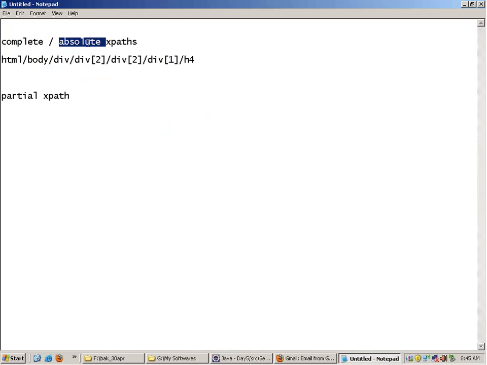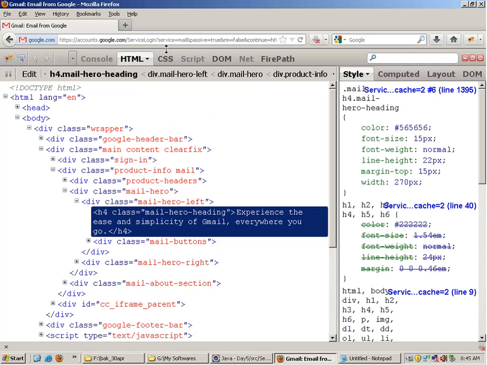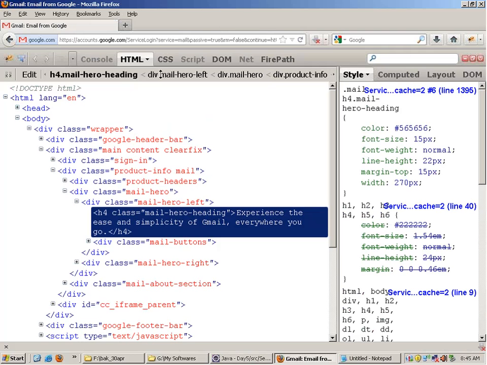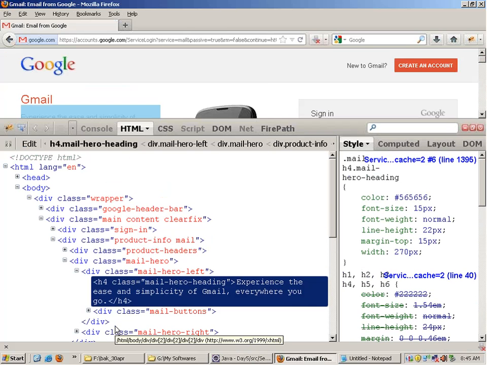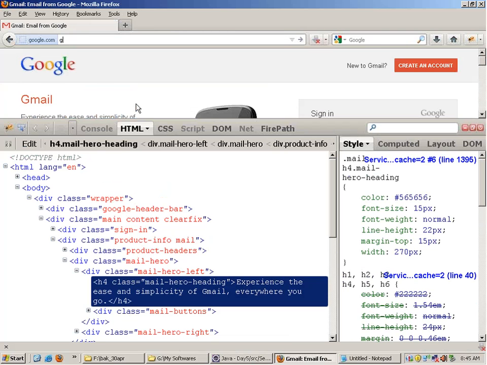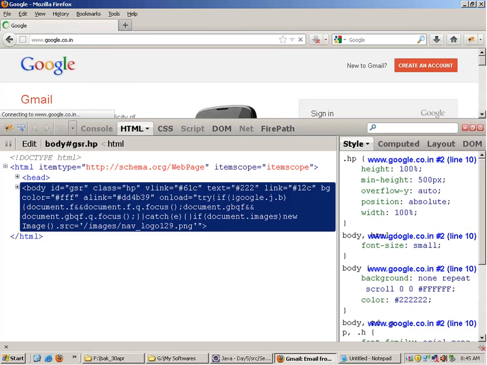Okay, now the thing is, first of all, you don't need to derive the XPath the way I have done, starting from the base of the HTML document. There are tools available for this. You don't have to worry that every time you have to go into the code, start from the HTML tag, then expand the tags, and then move down the tags. No, you don't have to do that. You have to install an add-on known as